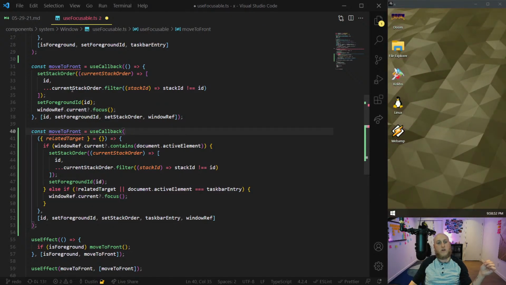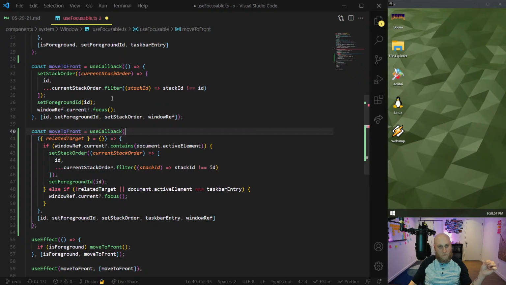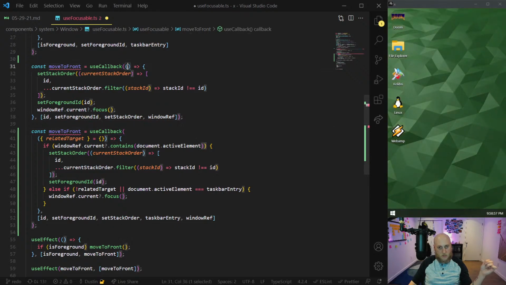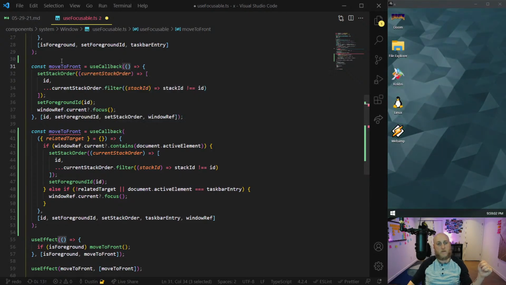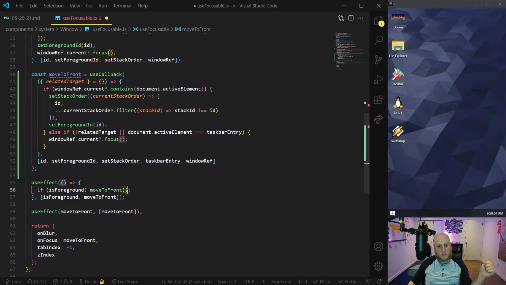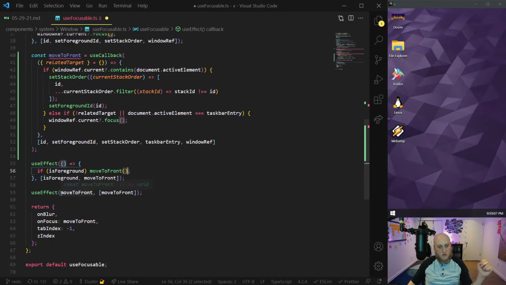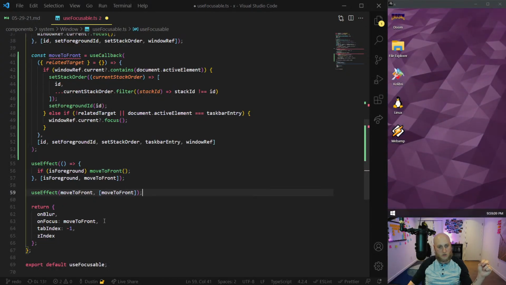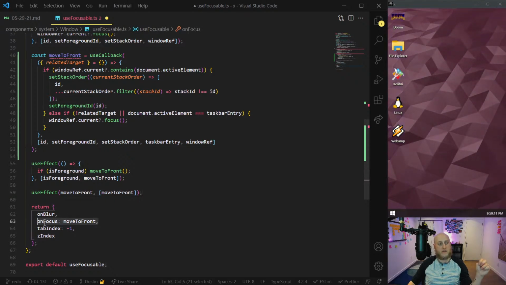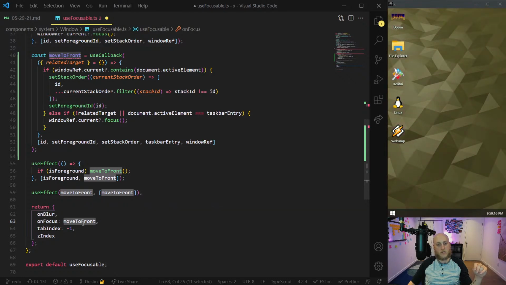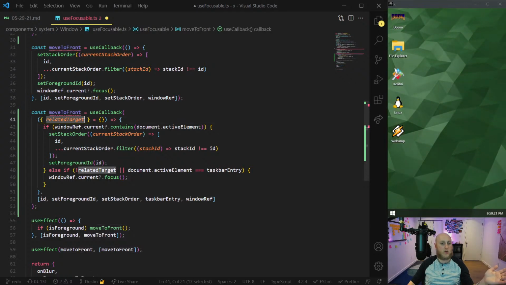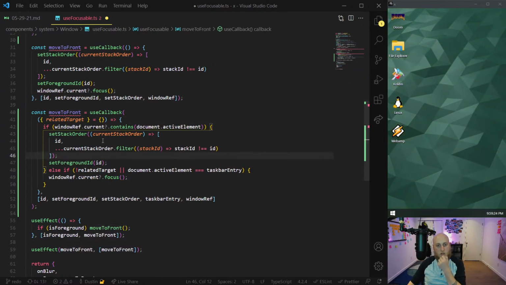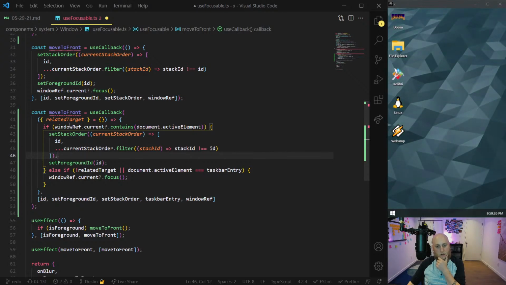And what I've done now, before, where's use callback? Yeah, before here, I wasn't even getting what caused the move to front event. Because you see, in this case, nothing's passed in. And in this case, probably also nothing's passed in, but here, when an on-focus event occurs, it's using the actual React synthetic event for focus event, and it is passing in the event. So then I can actually get, well, what was the related target? What did you click?